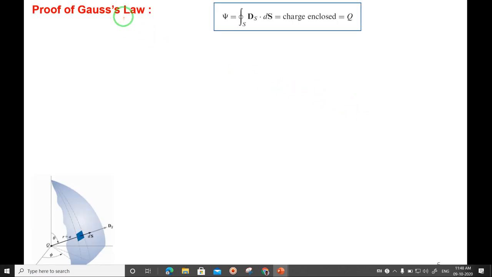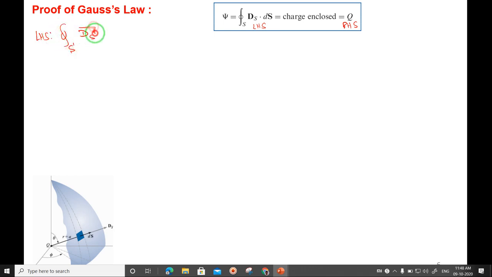Next, we will see the proof of Gauss law, right? Already we have this Gauss law, psi is equal to the closed surface integral of D dot dS, and it is equal to Q. We have to prove this, right? So this is LHS, left hand side, and this is RHS. So I will take LHS and we will try to prove it, right? So take LHS, left hand side, closed surface integral of